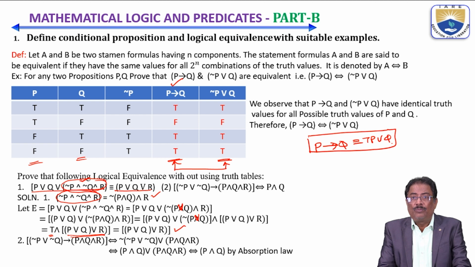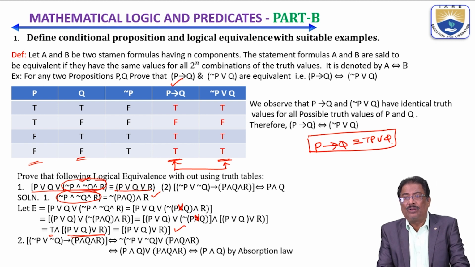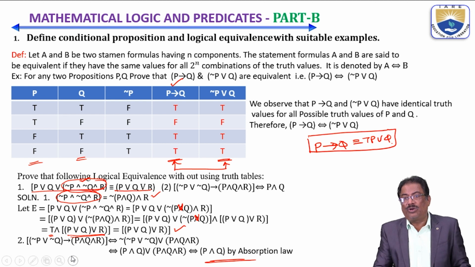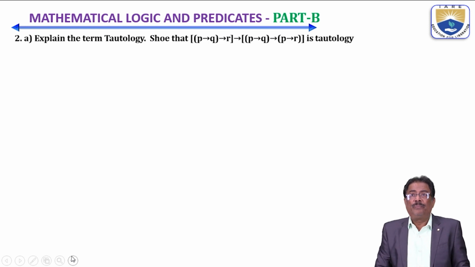In the same manner, we take the other example. Also, we can prove that from the left hand side, we are going to get the right hand side value. So we can say that both are equivalent to each other. Now, this is,